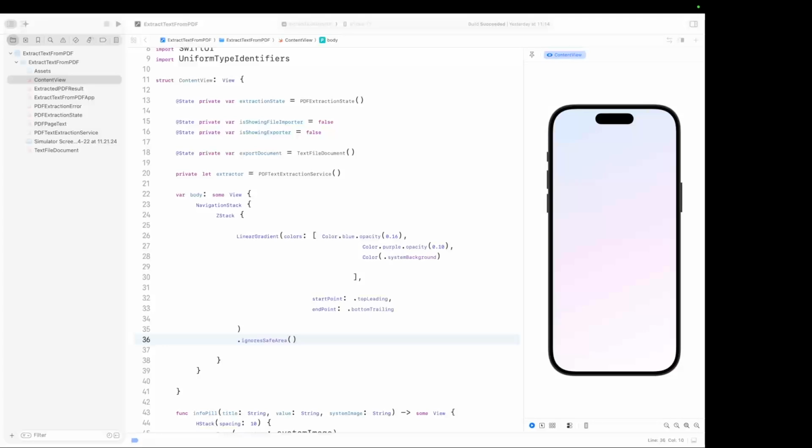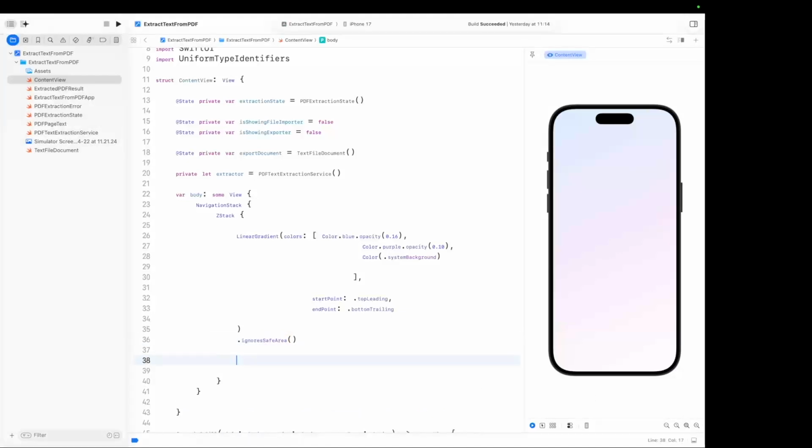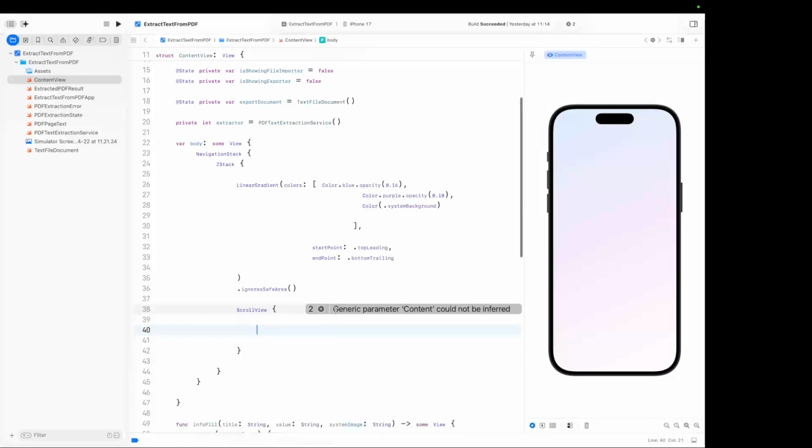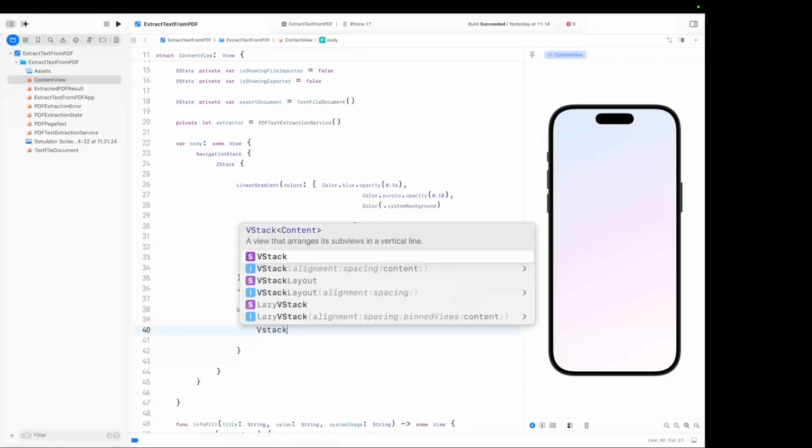I'm giving the screen a soft gradient background so the UI feels a bit more polished, as you can see within the preview. We next need to add our scroll view, that will also include the VStack,